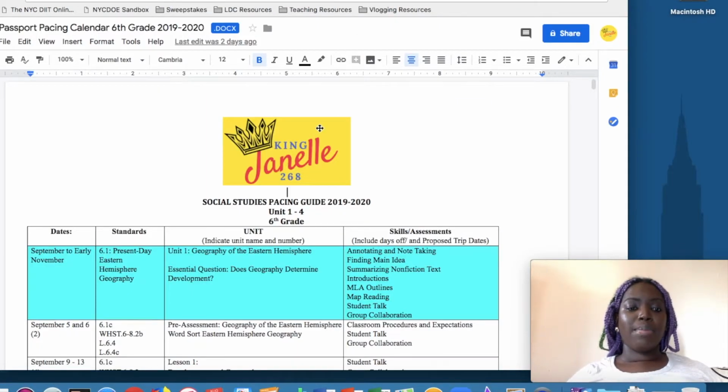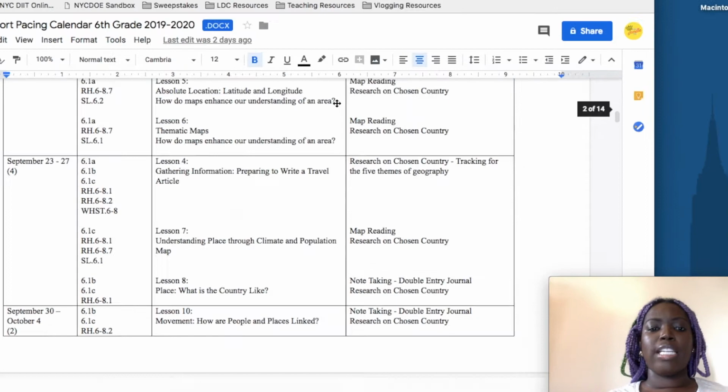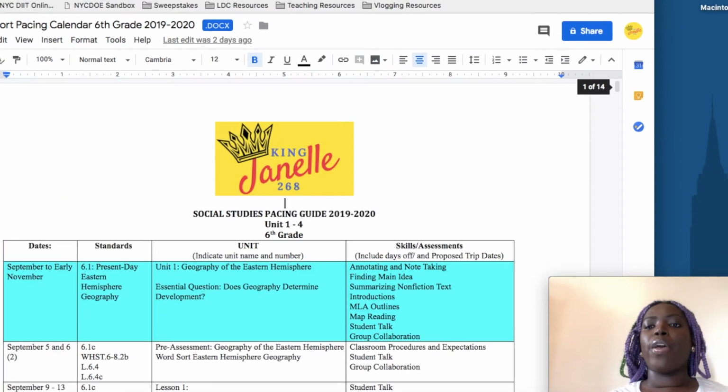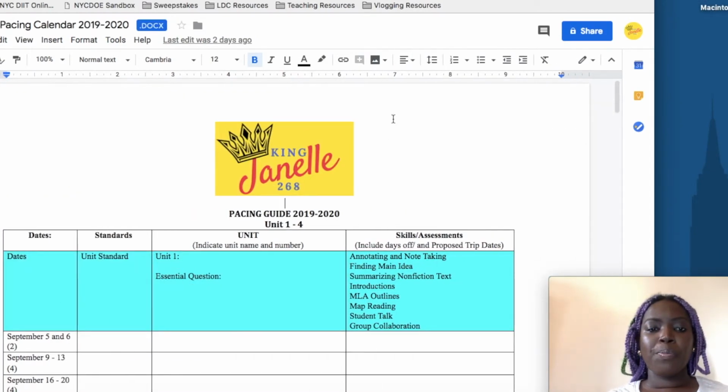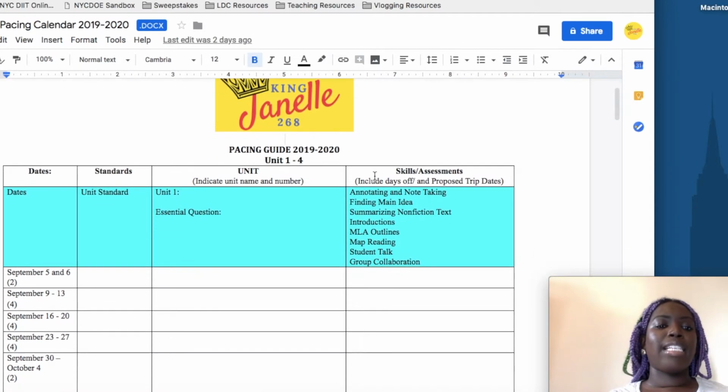So this is my pacing calendar. This is for social studies. It's already populated, but we're going to look at this blank one. An effective pacing calendar will have 1, 2, 3, 4 things. Obviously, we'll have the title, what school year we're dealing with, because every year the dates are different. But it has the dates, the unit standards that we'll be working with, the name of the unit, and